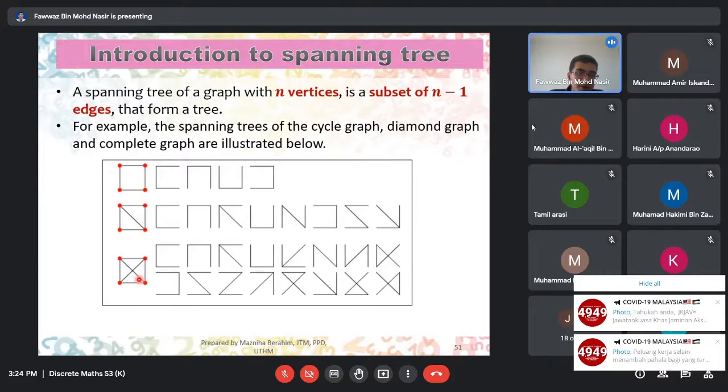Ini pun sama juga. Okay, just based on this graph, sebab dia ada 4 vertex, so dia punya spanning tree dia ada 3 edges. Okay, so we just find all the possible combination of 3 edges for this graph, okay, to get dia punya spanning tree dia. So yang ni adalah semua all dia punya possible spanning trees. Okay, so